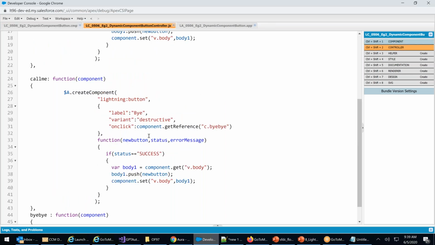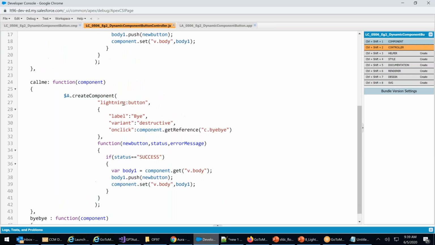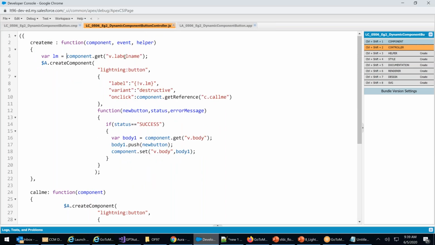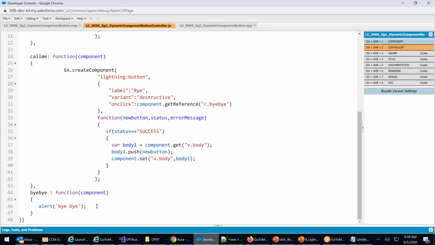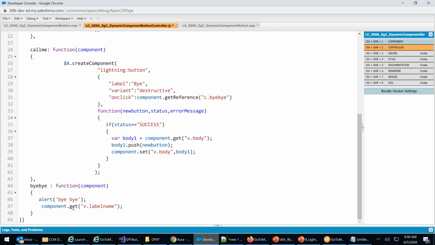Somewhere when you click this button, I will say component dot set. Set what? V dot label name, comma, I will say okay. Control S. I'm reloading it.